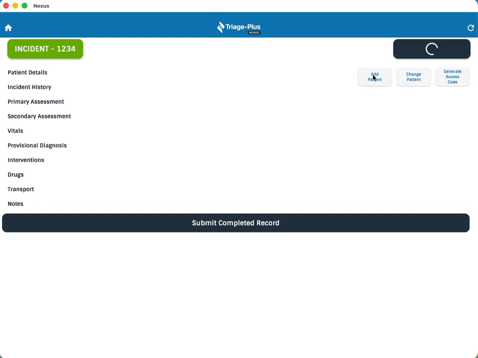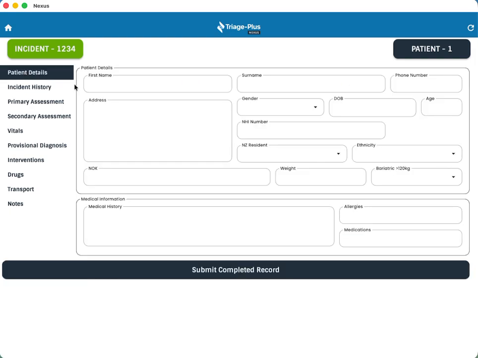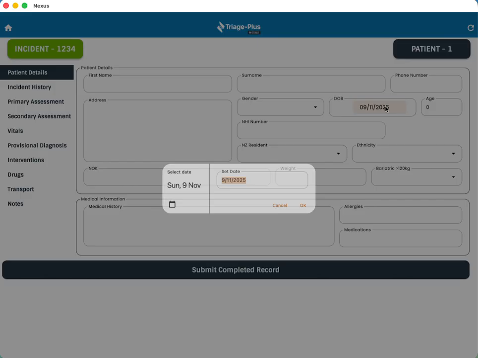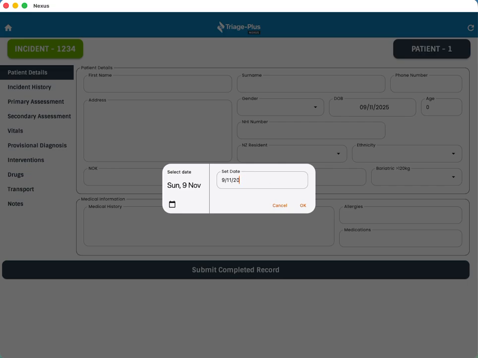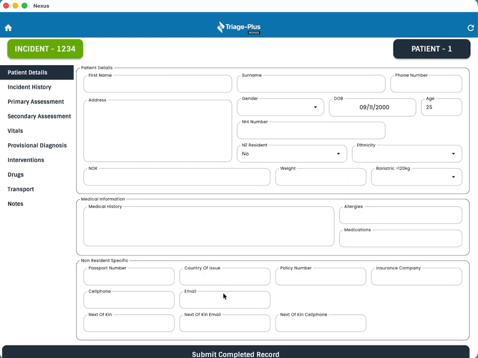So we add a second patient, it changes to patient 2, and we can just change between the patients. These modules down here are self-explanatory, and we can enter the data here, such as date of birth. If you want to edit it, it will automatically calculate the age. NHI currently is a manual entry. NHI search is coming. If you select non-New Zealand resident, it will ask you the extra fields with extra information